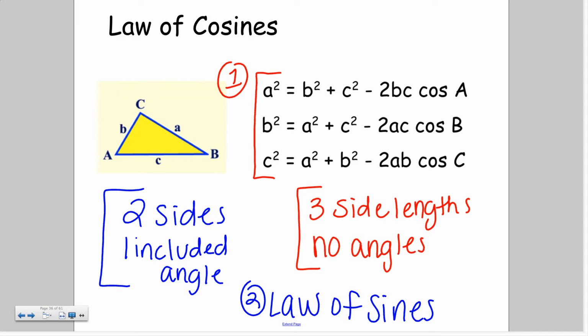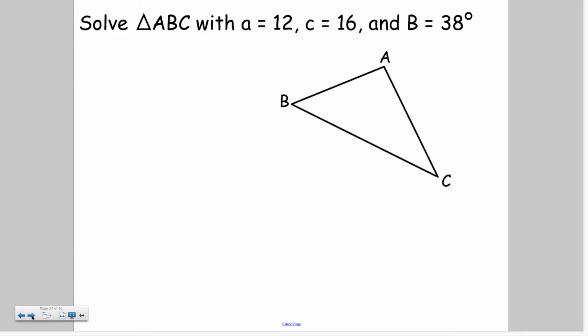So at the bottom of page 18, we want to solve this triangle, and we're given side A is 12, side C is 16, and angle B is 38 degrees. So we're given our two sides and our included angle, the angle in the middle of the two sides. So first thing we want to do